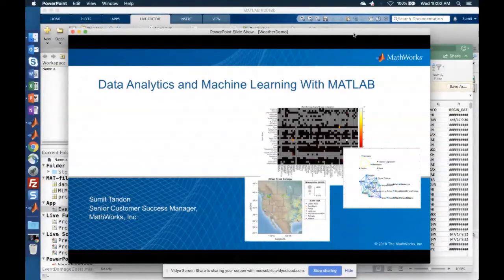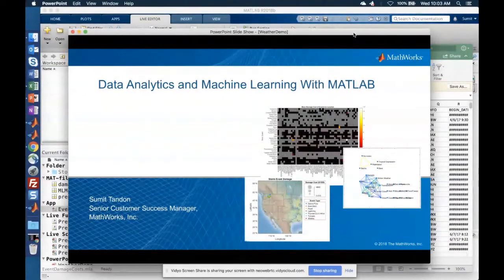And my goal here is to give you a high-level introduction to some of the capabilities we have in MATLAB for analyzing big data, developing mathematical and machine learning models, and then using them for prediction purposes, as well as an overview of some of the capabilities we have in terms of parallel and distributed computing, as well as sharing the applications and your work with other people in different forms.